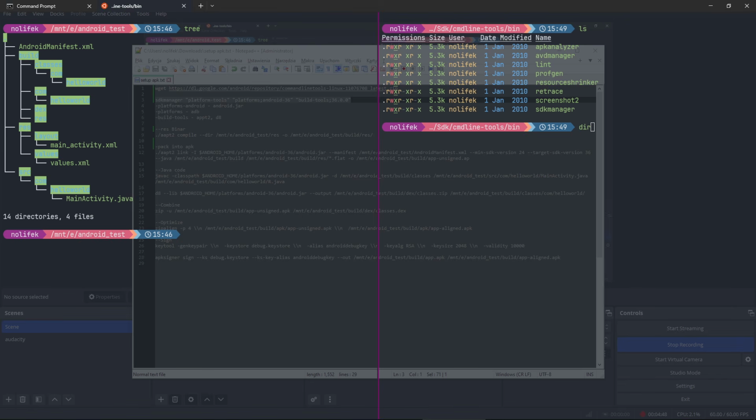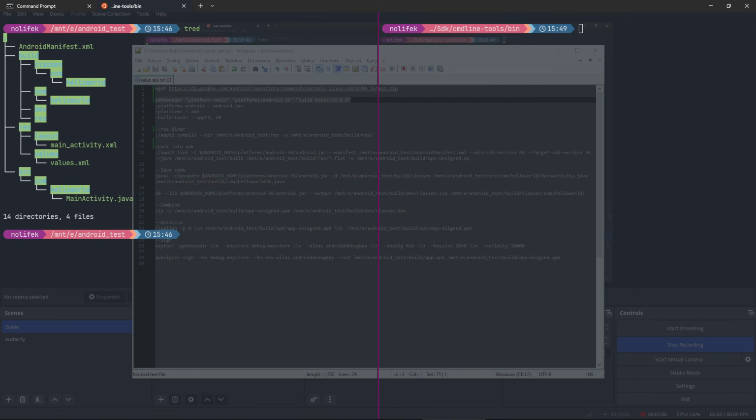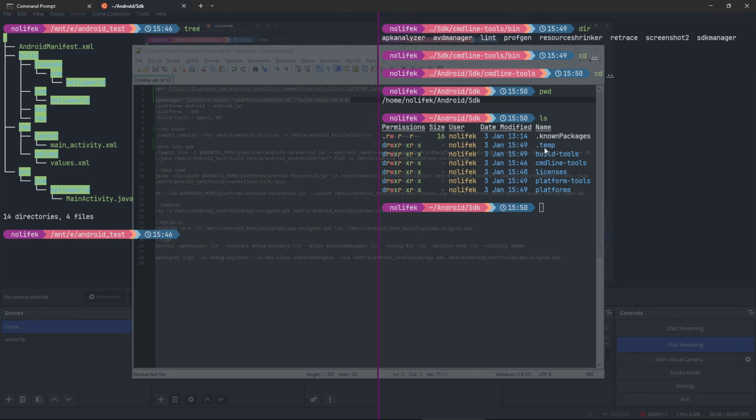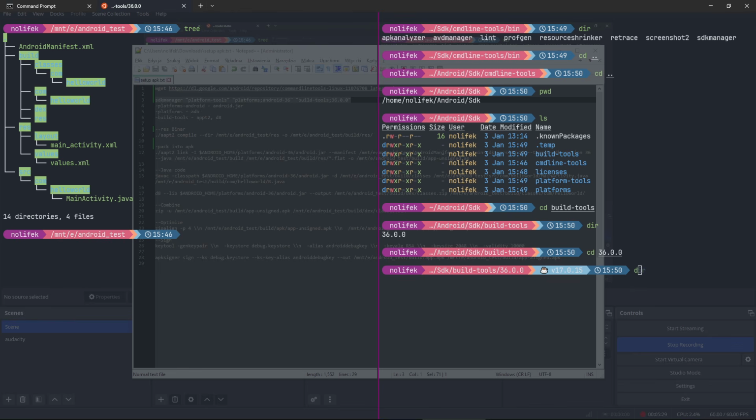And you might wonder why I use sometimes dir, sometimes ls, because it's more comfortable for me. Dir listed those things a little bit smoother for me, so that's why I use them. So we downloaded those three tools in this path, and we have them. So we need to enter build-tools, and we have build-tools for this specific version,